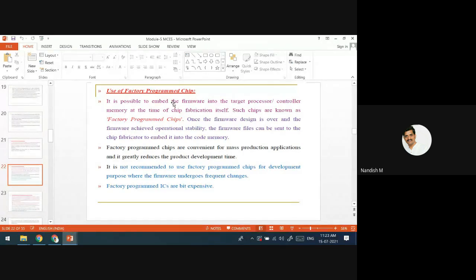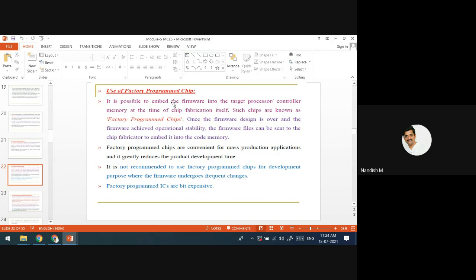When it comes from the industry itself, the program is loaded during the development stage, and you directly use it for the development of your embedded product. The functionality is fixed. The help with this type of factory programmed chip is that you can do mass production of the embedded products. It will help for mass production, and the product development time will also be very less.